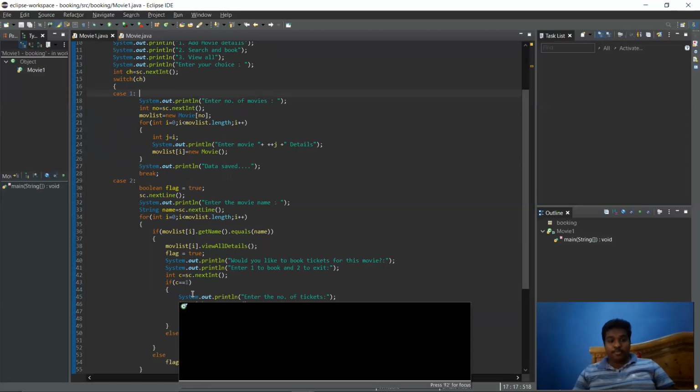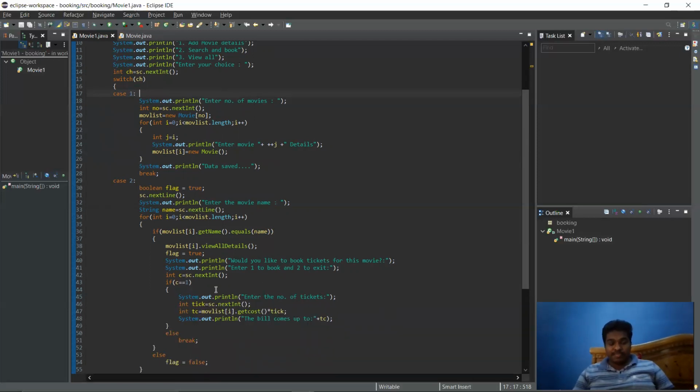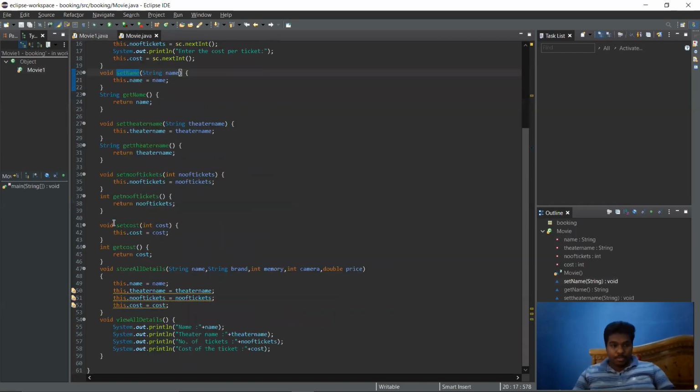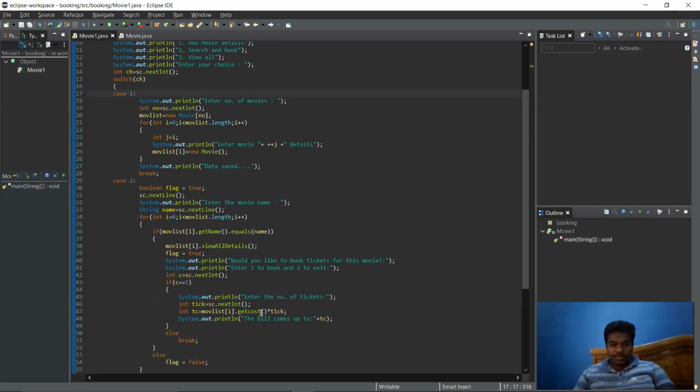If you press 1, then this case will run, that is, System.out.print, enter the number of tickets you want to book. Then after that, it will calculate the amount, that is, movieList.getCost. I've used the get function for cost, as you can see here, getCost. It will return that value, and it will multiply by the number of tickets you want.